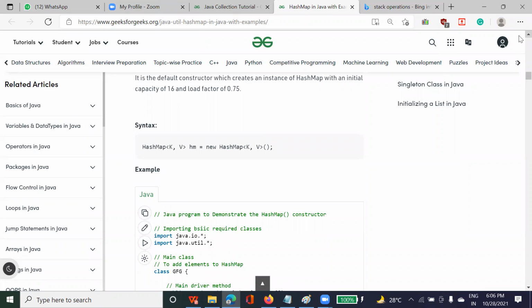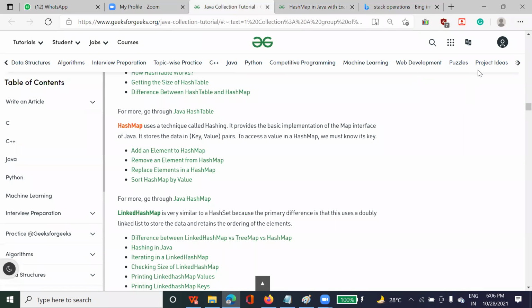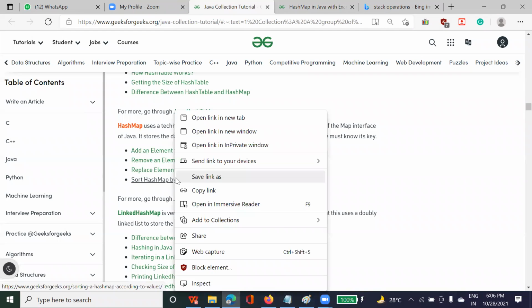In the collection, we will not go very deep. Whatever they ask, I told you: array list, linked list, set, vector, hash map, right? These are the things that they mostly ask in the interview, and I've explained the programs too. You can try from your side how to remove an element, replace, and sort the data in a hash map. How can we do that? There you just have to call Collections.sort.